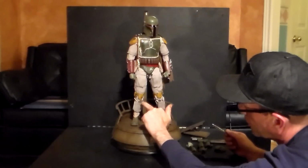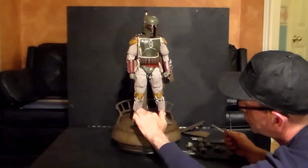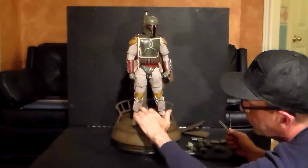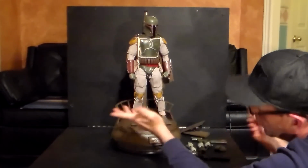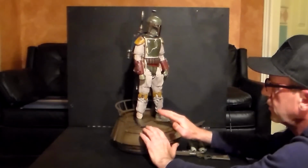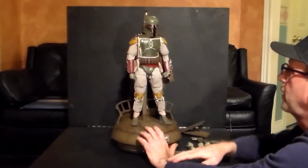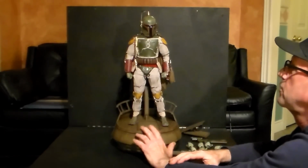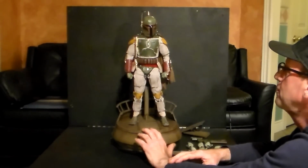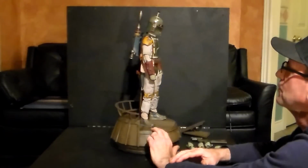And unfortunately, I had to do the same with this one. It was just too wide. It was really putting a lot of stress on the stitching. It's no big deal. You just take a bit of sandpaper and just sand. You'll see how much you need to do. Or you could just leave it, I suppose. But like I said, do not force these into the pocket, because the thread is very, very tiny. But I don't know how they mass produce something like this. I mean, the stitching job on it and the design. I mean, how do you? I don't know. It's a miracle. Figures like this are miracles,